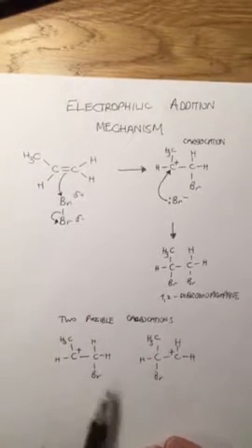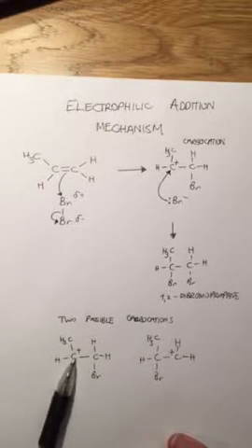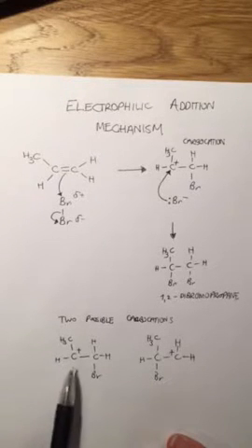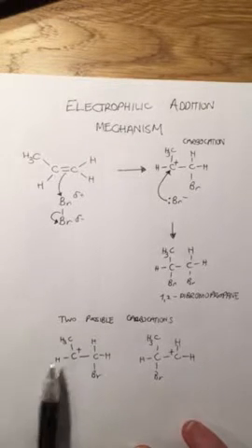Both are equal in that they both have the same number of atoms, they both got a positive charge on a carbon atom. The only difference is that here we've got that the carbon atom with the positive charge has